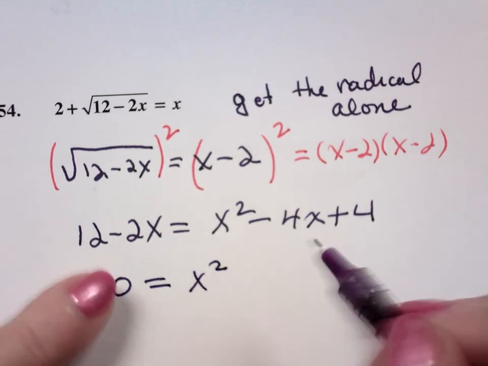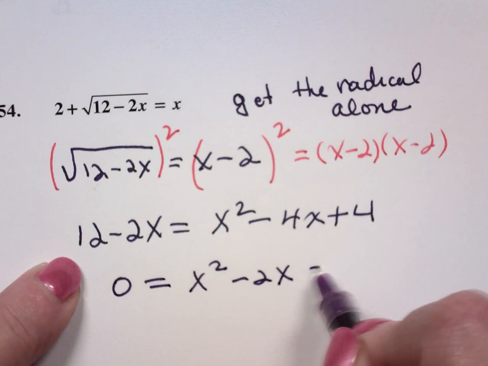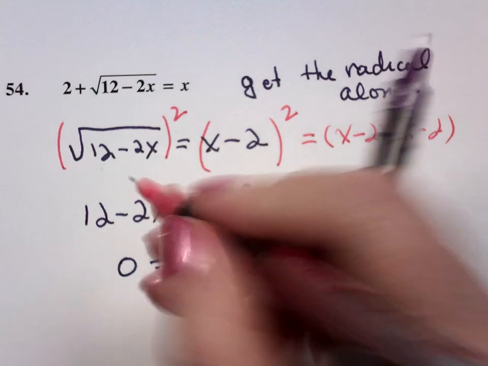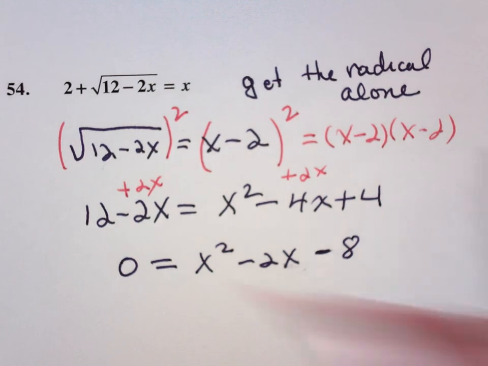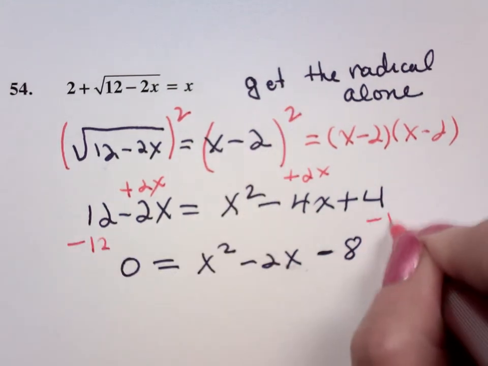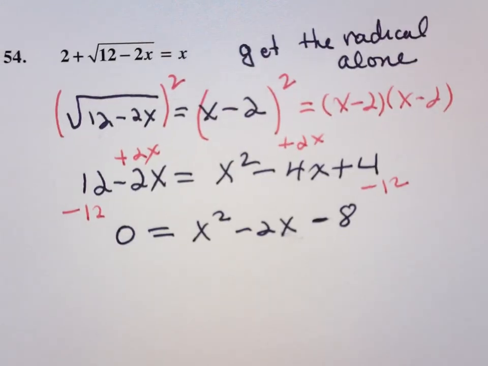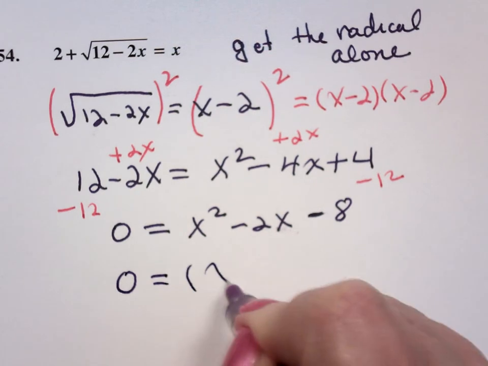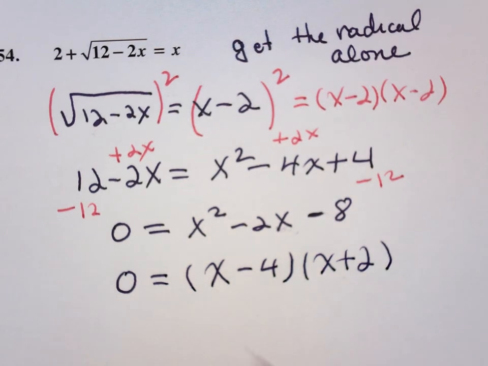X squared, add 2x, subtract 12, and then you hope it factors, which it will at this stage, because if it didn't, what would you use? Quadratic formula. So 0 is, and this is going to be x minus 4, x plus 2,